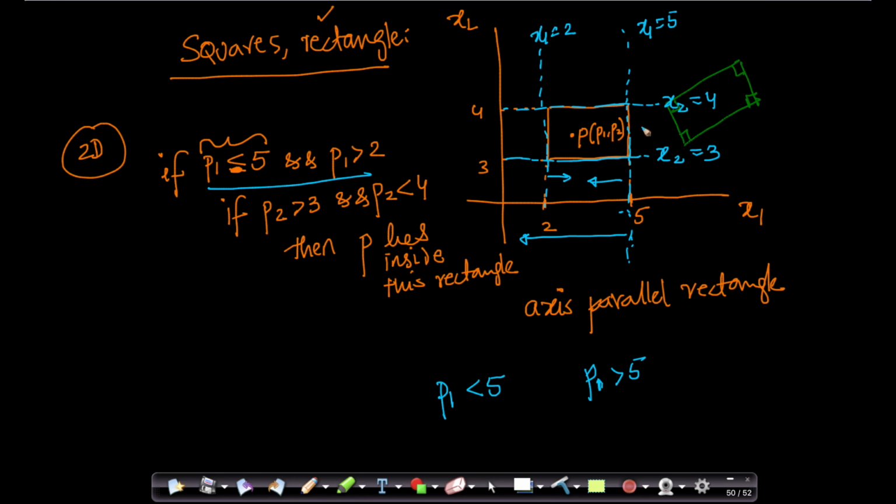Now by having first P1 less than 5 and P1 greater than 2, you're limiting everything to this space. And now you also want to constrain the space on this axis. If P2 has to be greater than 3, it's all this area. If P2 has to be less than 4, it is all this area. So by bounding it from all four sides, what you're getting is this region. So if you have four conditions like this, you can geometrically interpret them as creating an axis parallel rectangle. Now you can say whether a point is outside this axis parallel rectangle or not. This is what happens in 2D. Similar thing happens in